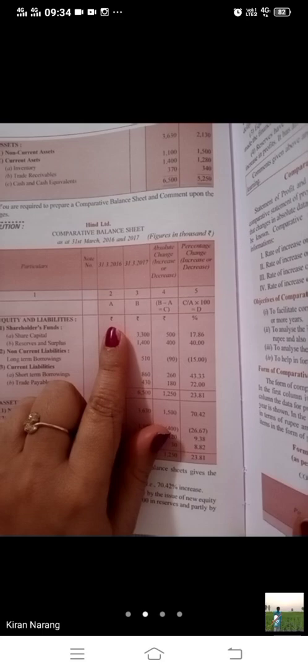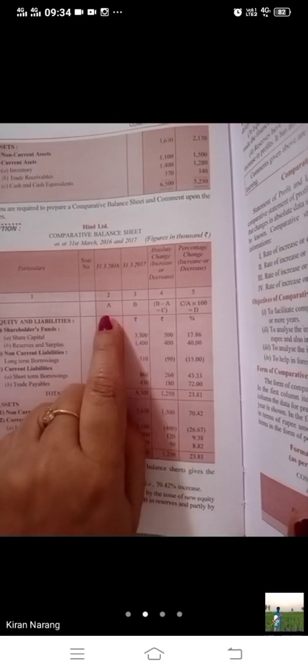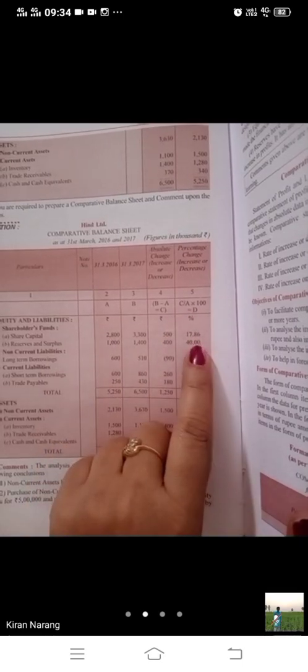In the same way we will do B minus A. First of all you have to see whether the previous year is given first or not. In this question current year was given first. You have to mention the figures of previous year first, then the figures of current year later. Figures of previous year will be A and current year will be B. B minus A will be C. And in the same form, D will be calculated by C upon A into 100. You have to use this formula, C upon A into 100. Any doubt, bache?